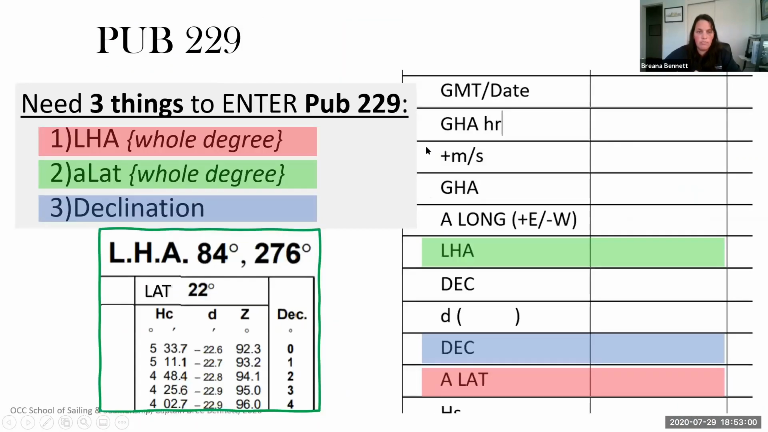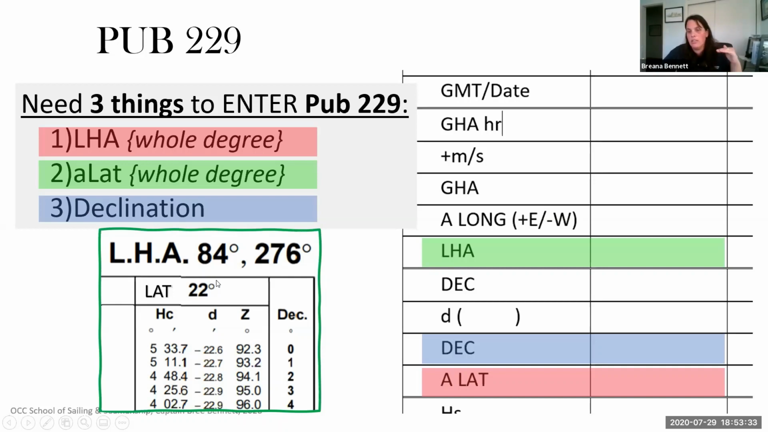So how we do that is our LHA and our latitude, we're going to put it as a whole degree. So it's not going to have minutes afterwards. It's going to be a solid 276 or 084. It's not going to be 084 32 minutes. For latitude, if I'm at latitude 22 degrees, 15 minutes north, I'm going to assume my latitude is 22